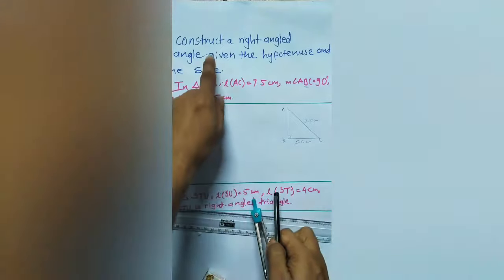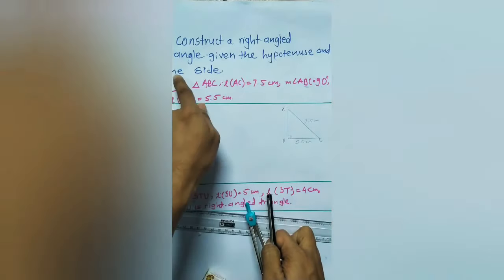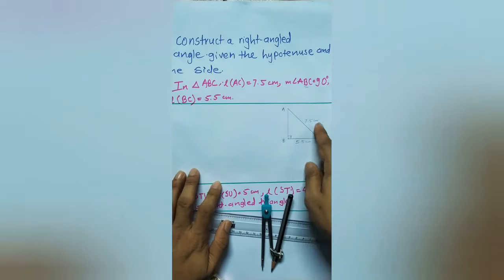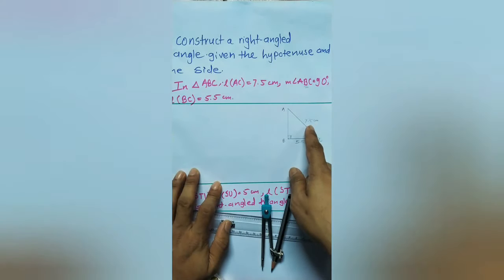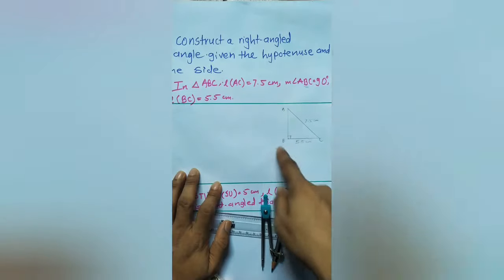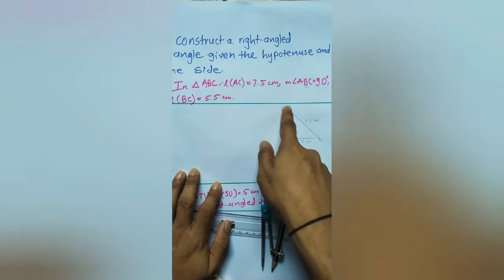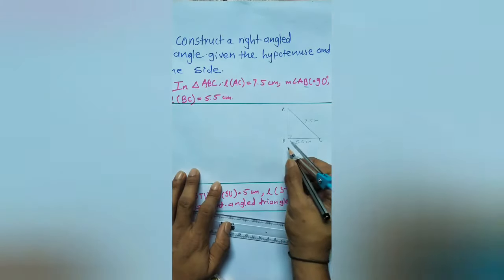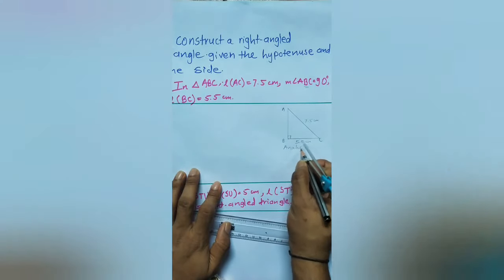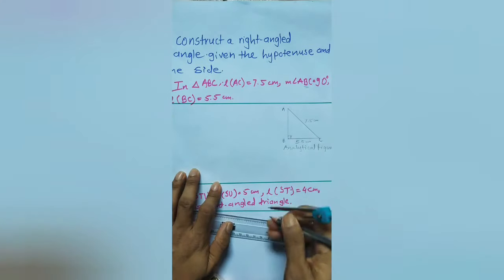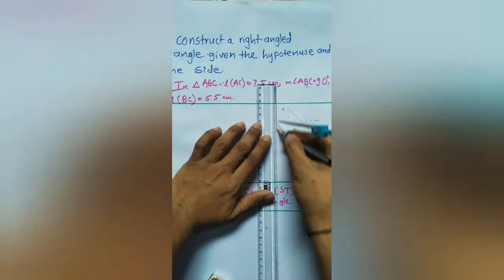Now as we see here, the hypotenuse and one side are given. So which is the hypotenuse here? The side which is opposite to the right angle is called the hypotenuse. That means in this triangle, segment AC is the hypotenuse. Now this is the analytical figure. Draw one box here.